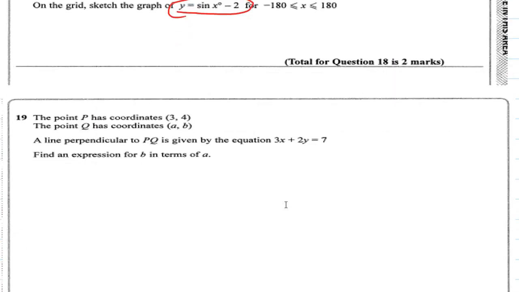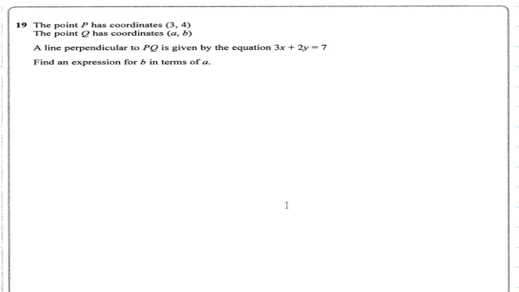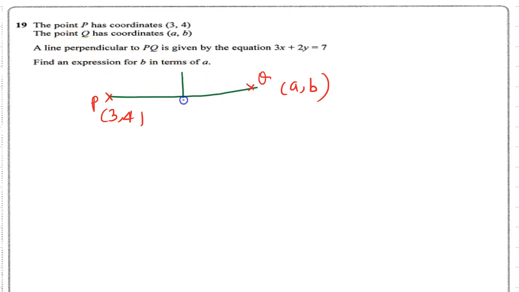Now here it is given the coordinate, the point P has coordinate 3 and 4, so this is point P, and this is point Q which has coordinate A and B. And this is the line which is joining P and Q. Yeah, this is a rough sketch. A line perpendicular to PQ. So any line which is perpendicular to PQ is given by 3x plus 2y equal to 7. So here